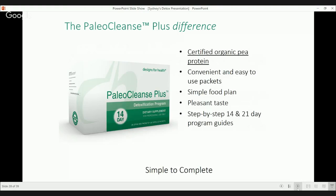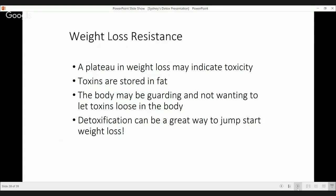I love that point. Some people, when they plateau and get so frustrated in their weight loss program, I point this out to them: your body's protecting you. It can't dump any more toxins in, so it's doing exactly what it should be doing. And it's very reassuring for folks to hear that. Absolutely. When people say to me, oh, I lost 15 pounds, I just can't, I'm like, you need a detox,